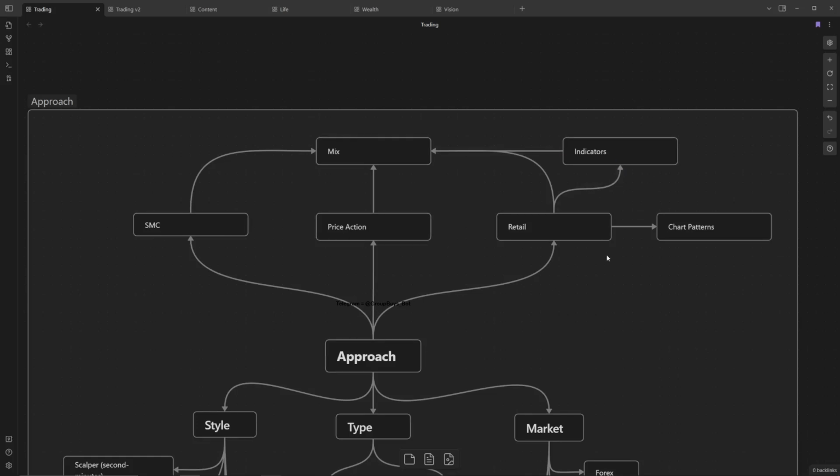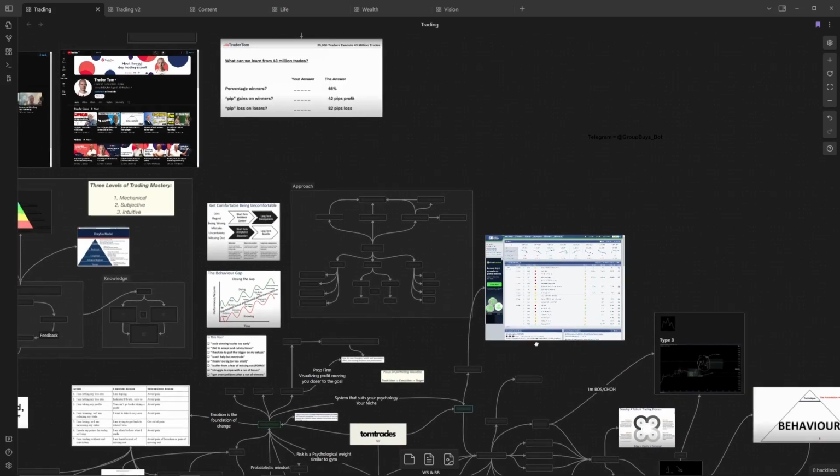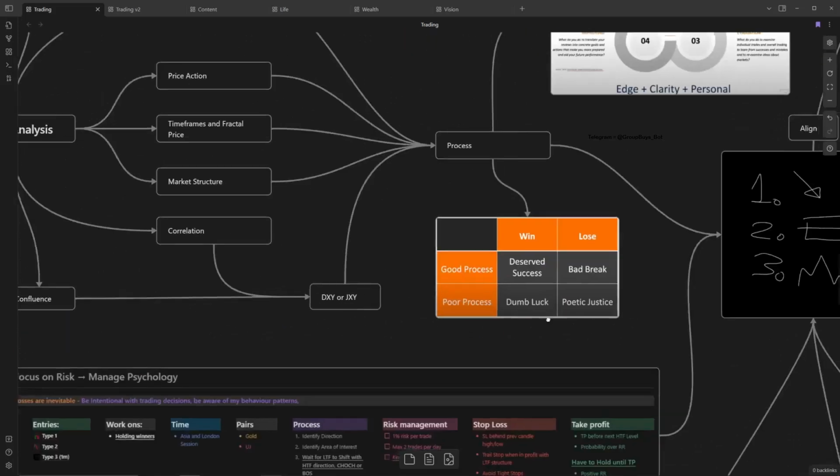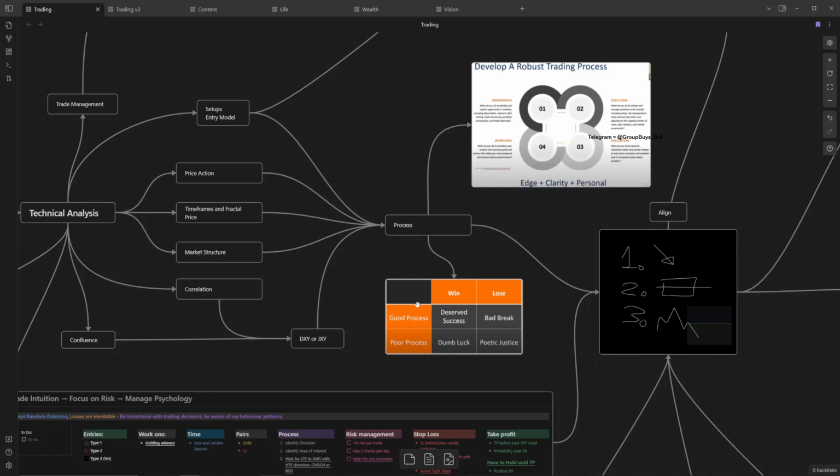Some of the best traders traded an EMA bounce. There's no statistical edge in an EMA bounce, but it worked for them because they had enough experience. Another person, a really famous trader, drew a box around price when it was consolidating. When it broke out of that price, he would then take a trade. There's no edge in that, but he had that much experience that his intuition made it profitable. So technical analysis is a way to have a consistent approach, have a plan that we can stick to.